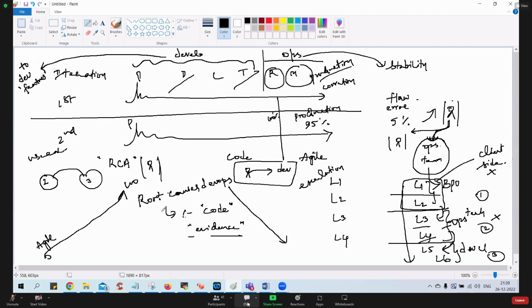The client will not stay calm. And who is on the hot seat now? Who is on the hot seat, guys? It's the ops team. It's not the developer team. The ops team keeps responding to the calls of the customer or end user, and they have to convince the customer that we have to wait, or that we are working on the issue. You should not get your client irritated. So that is what is happening. This kind of tangled situation is happening here.